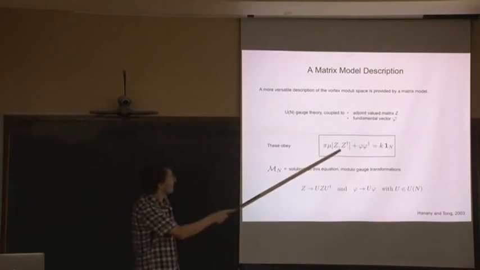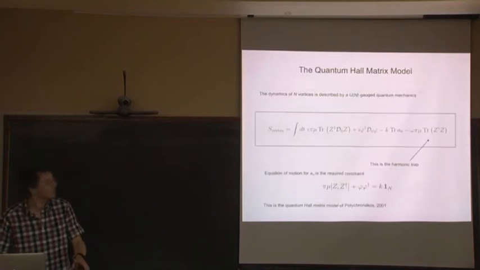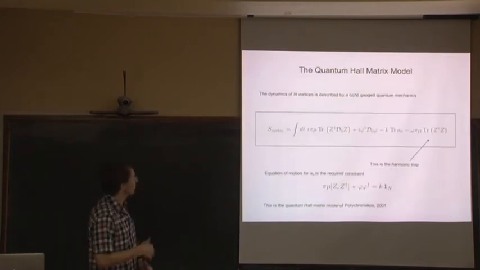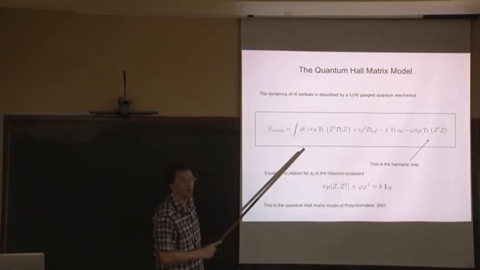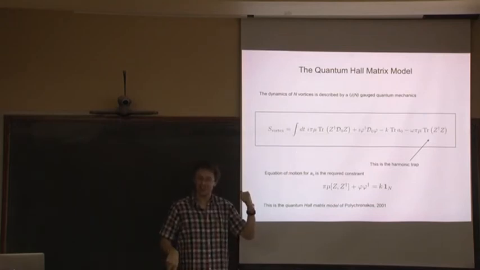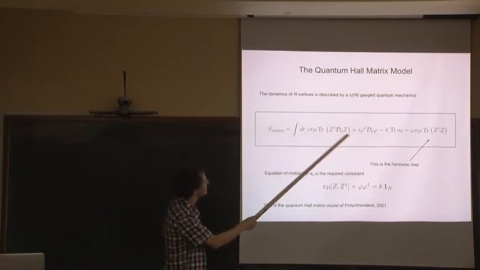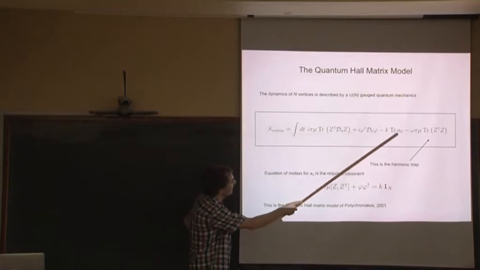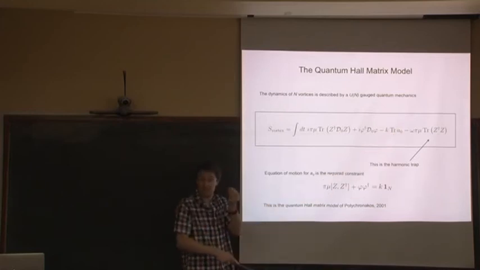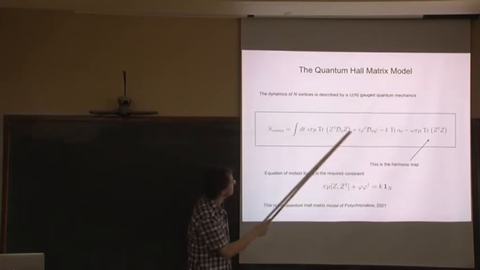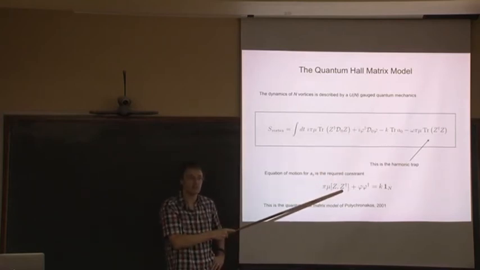Okay. The nice thing about this description of the vortex moduli space is that it's much more versatile. So you can actually do things with it. In particular, the low energy dynamics of vortices is described by the following action, which is the matrix model that I started with on the first slide. So it's quantum mechanics. You put a first order kinetic term for Z and a first order kinetic term for phi with this sort of quantum mechanics Chern-Simons term. A0 is some quantum mechanics gauge field. The reason is that if you look at the equation of motion for A0, you get back exactly the constraint that I had in the previous slide.